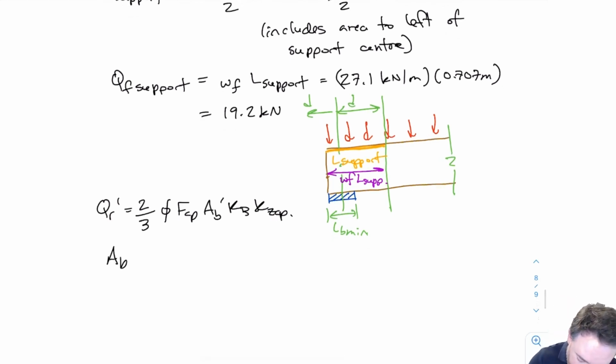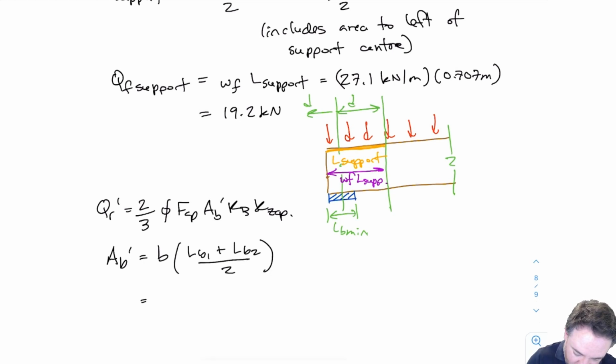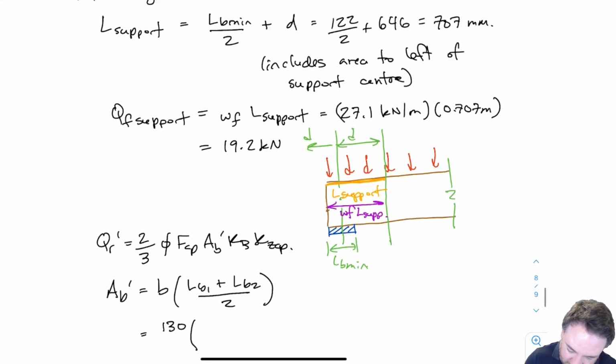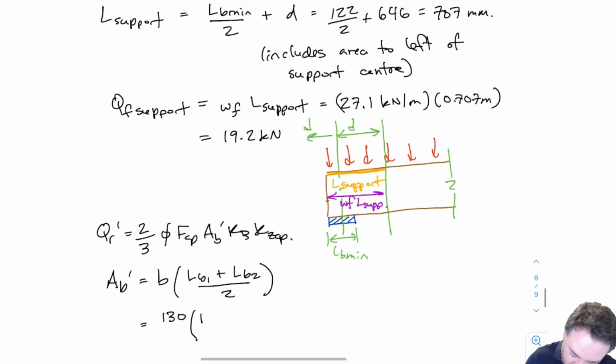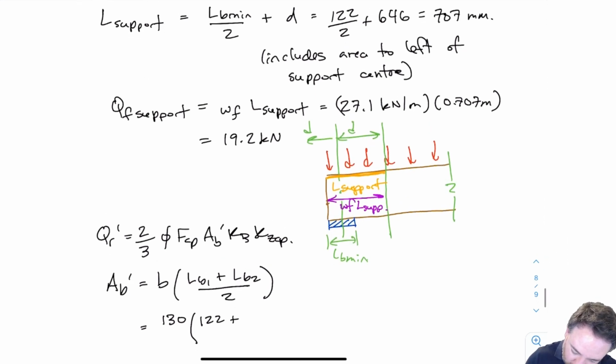Ab prime is going to equal b times LB1 plus LB2 over 2, where b is our average bearing width, and that in this case is the actual bearing width of the beam on both sides. LB1 is basically LB min, which is 122. LB2 is the L support, which is 707 divided by 2, and we get